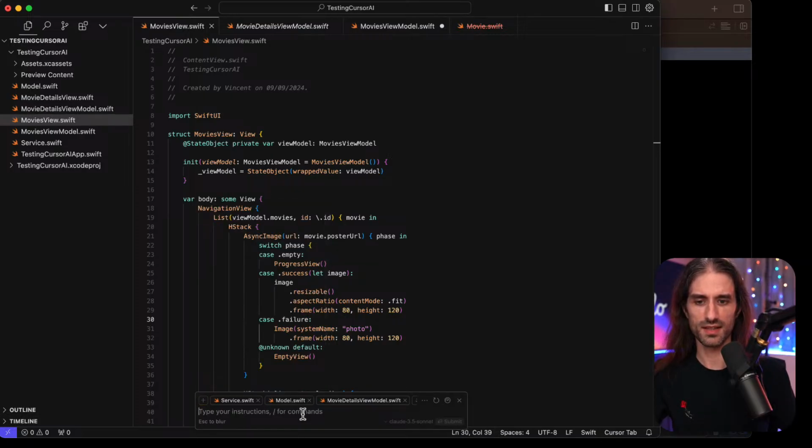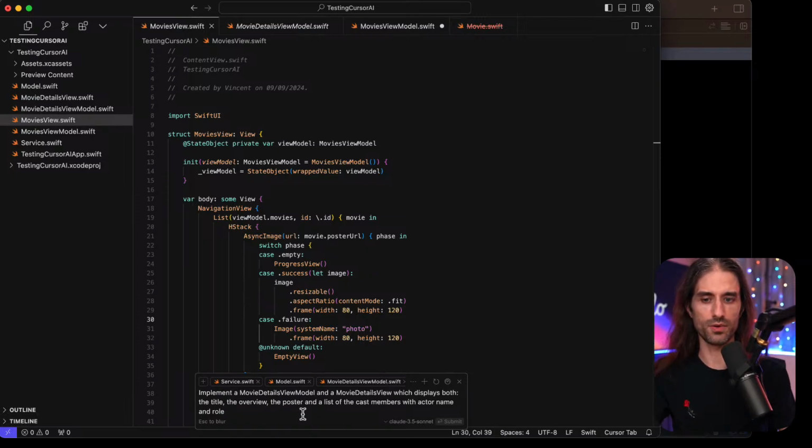And so I'm going to say: implement a movie details view model and a movie details view which displays the title, the overview, the poster, and a list of the cast members with actor name and role. All right.